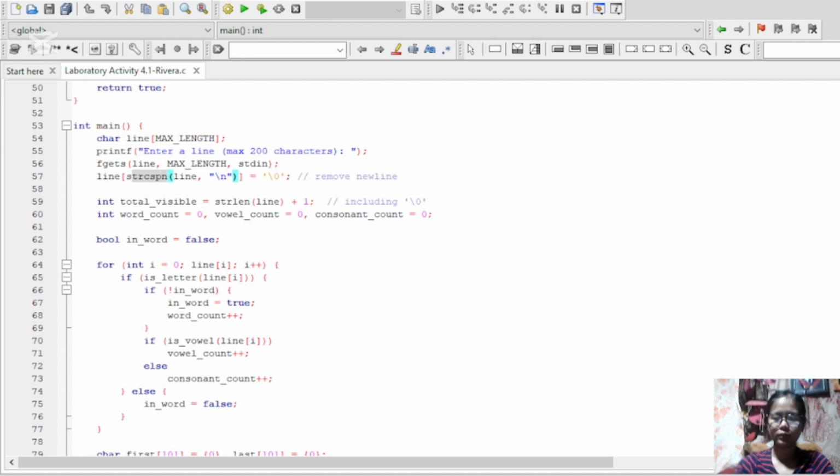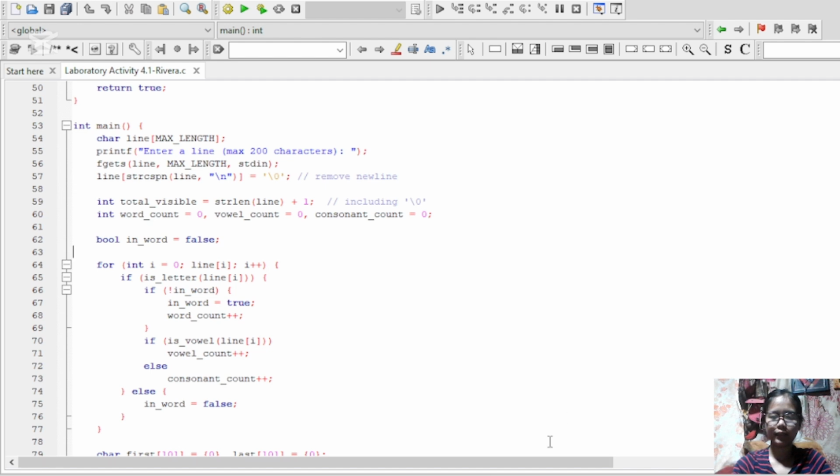Next, counting characters, words, vowels, and consonants. We get the total visible characters and add 1 for the null character. Then we set up counters for everything we're going to count. The inWord flag helps us track if we're currently inside a word or not.